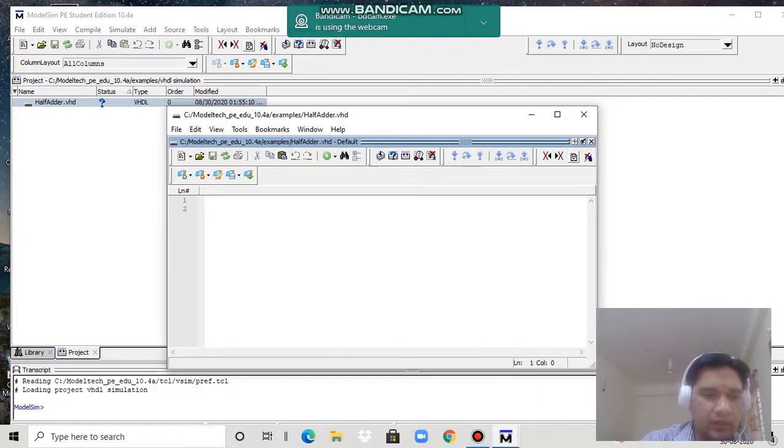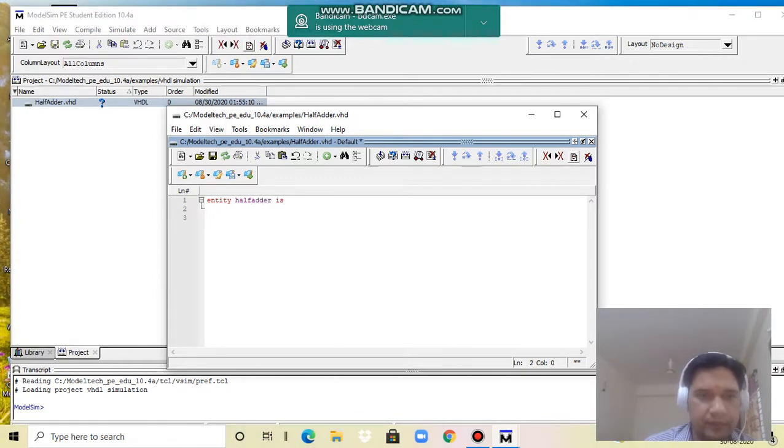Let's first declare the entity: entity, space, name of the entity, half adder, then is, the keyword. In the second line we have to declare the port: a comma b colon in bit. I declare here two inputs, A and B, and both are of bit type.